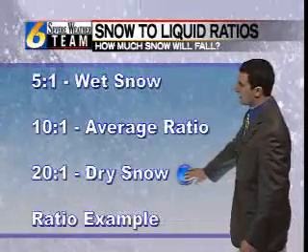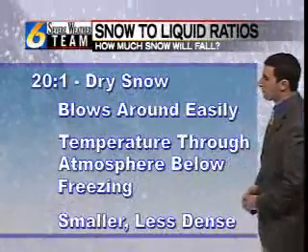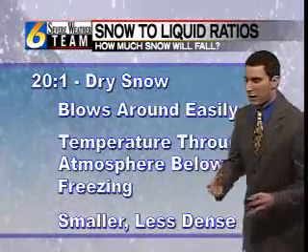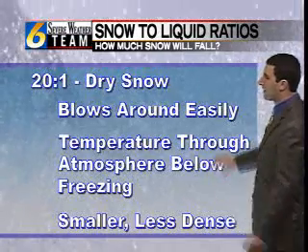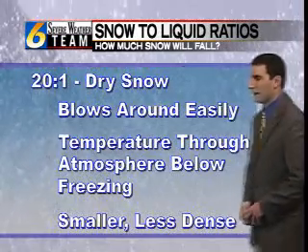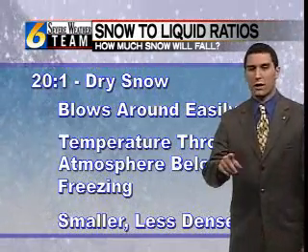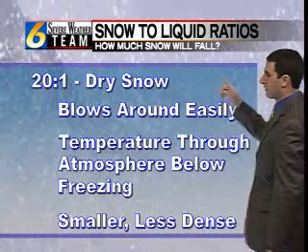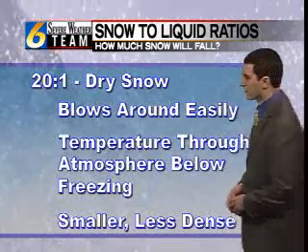Now, focus on the 20 to 1. That's our dry snow, and that blows around easily. Doesn't stick as well as the 5 to 1 ratio does. Temperature through the atmosphere has to be below freezing, and it is smaller and less dense, but you do have a lot more of those snowflakes, and that's why 20 to 1 gets you 20 inches of snow for every